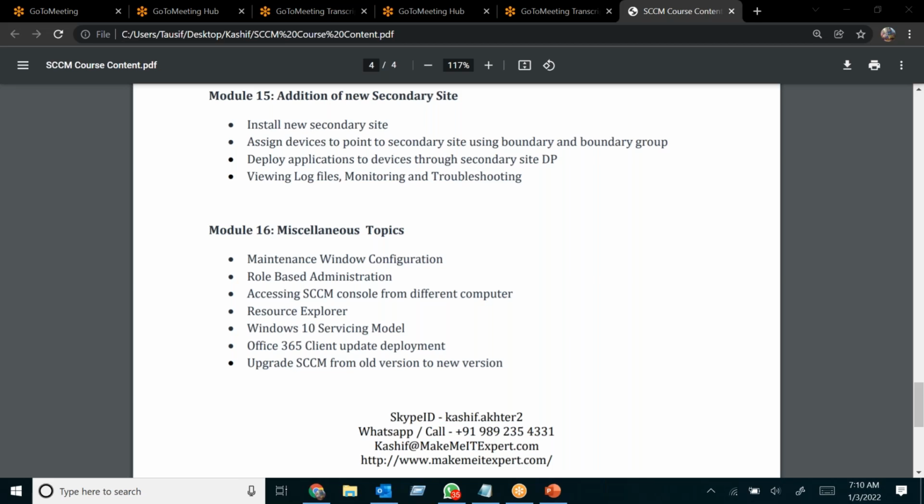Similarly, what to check after installation of the database, and after installation of WSUS, whether everything is configured properly, and what important log files there are for WSUS and the software update point. So we will do important log files and common troubleshooting issues in this session on the client side and the server side.